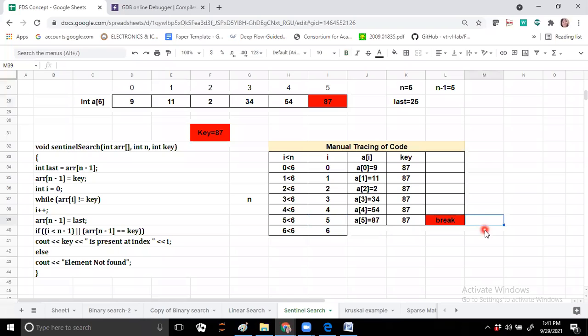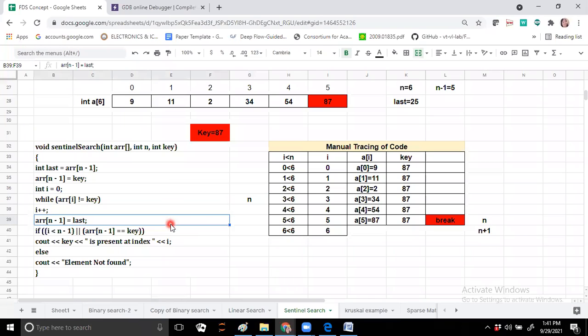So I can say at the nth position only this loop breaks. At n plus 1 there is no need to go. We have not shifted towards n plus 1. At the nth position only our loop breaks, right?